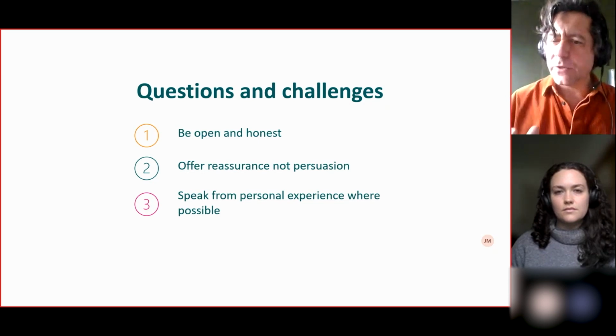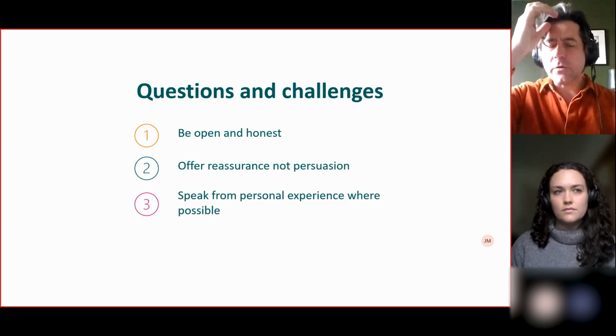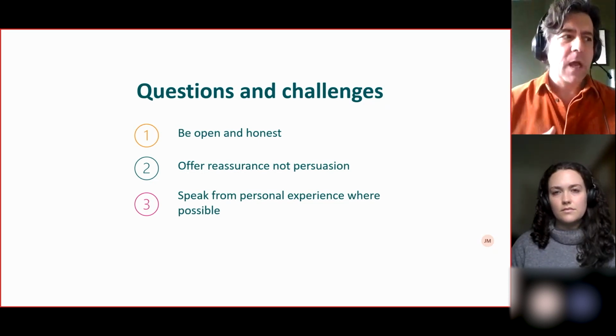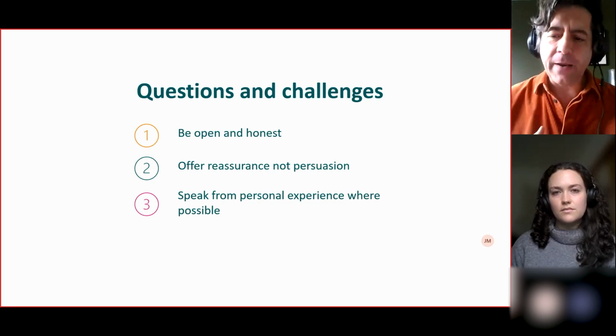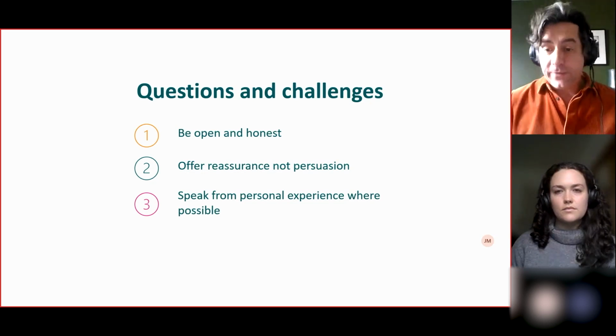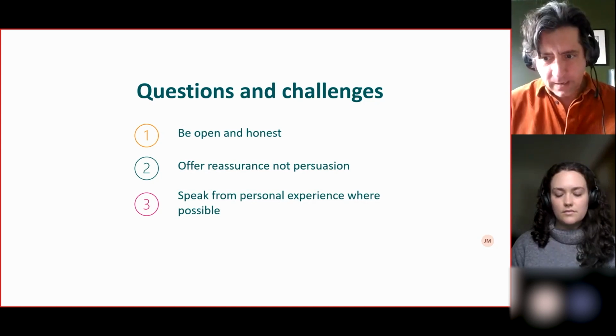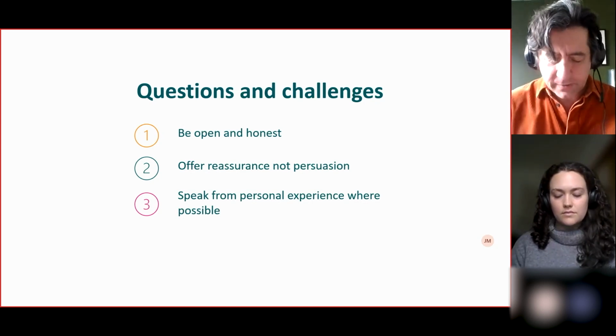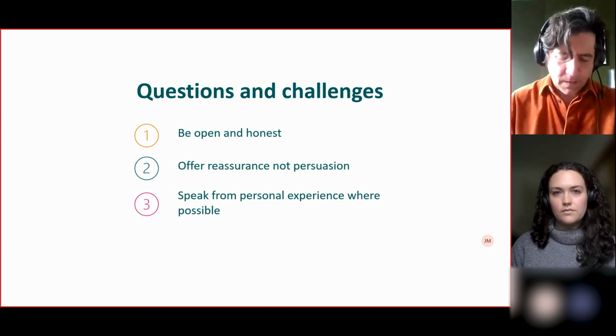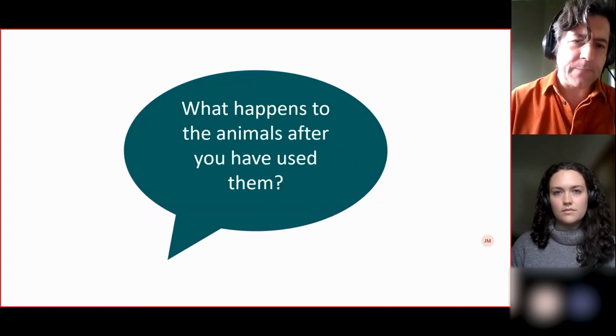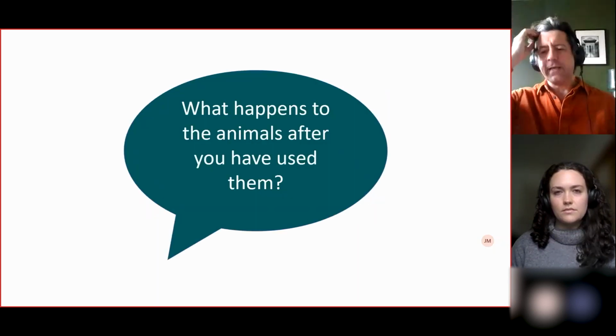This goes back to the point I was just making before. Generalized theoretical statements are much less persuasive than the voice that says, well, this is how it is for me. I can tell you this. I can't answer for everybody in the country doing this work, but this is how it is for me. But what happens when you get some of those questions which you really just think, all right, I know the answer,